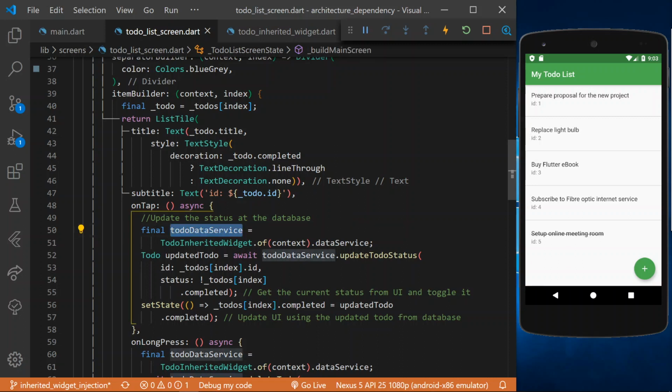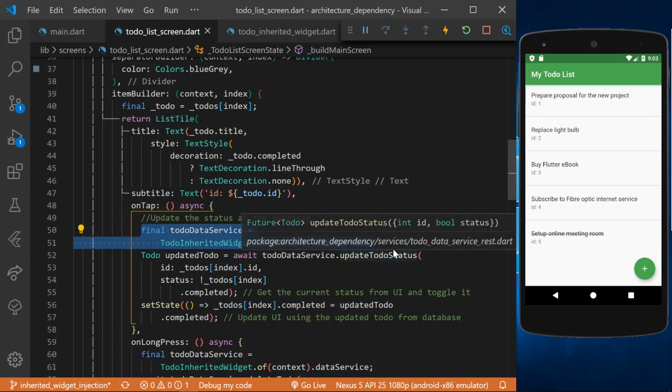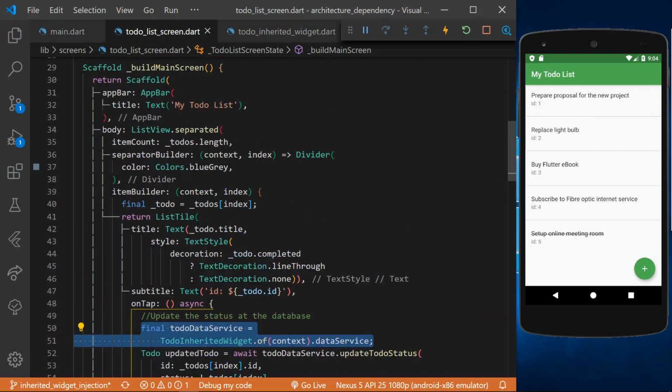To do this, in order to tap, for doing tap here, we need the data service, right? This one. So how do we get it? We are doing the same here. Every time, of course, this is actually not the ideal one, but it's just to show you, every time you want to access the dependency, you climb up. Unless you cache, you have a dedicated code here,